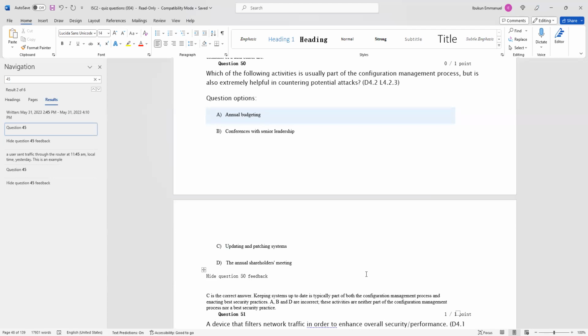How can conferences with senior leadership help to counter potential attacks? Updating and patching our systems is the best way that we can actually stop cyber attacks against our organizations and